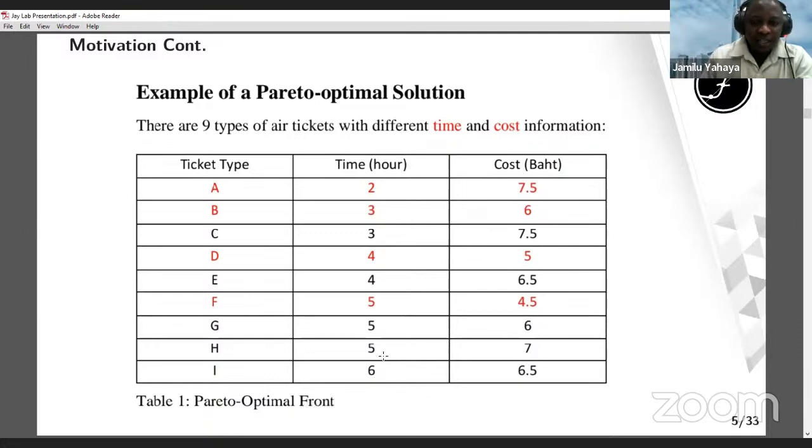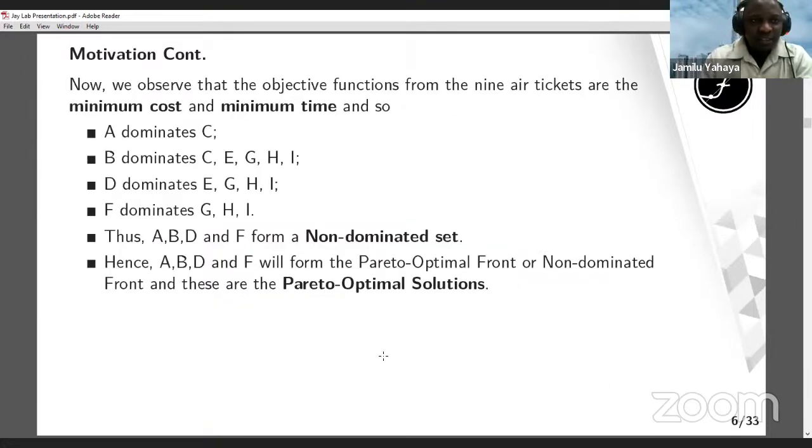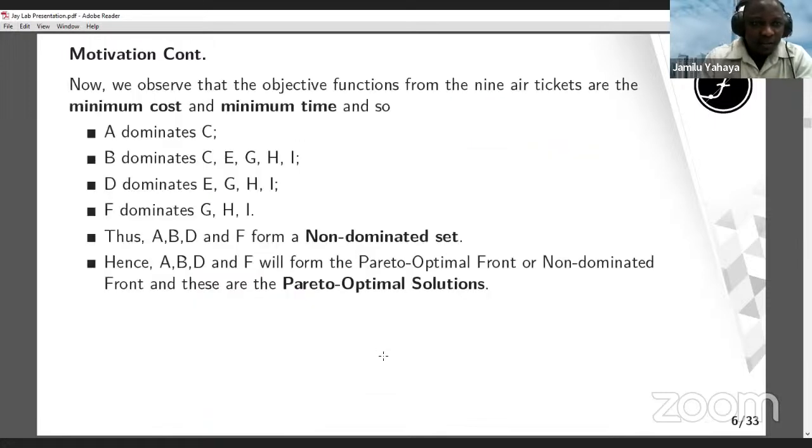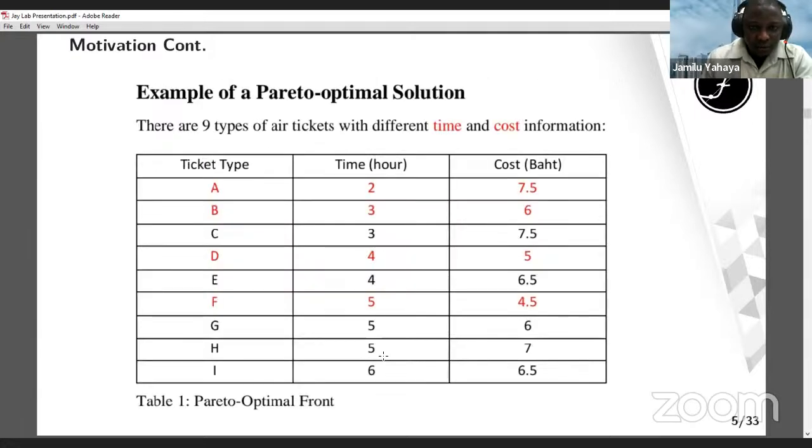you will notice that we can now say that in this case A dominates C, B dominates C, E, G, H, I in terms of what? In terms of cost, time at some instances. Also, if you look at D, you will notice that D dominates E, G, H, I. If you look at it in terms of what? In terms of cost, sorry, in terms of time, because the time taken for D is the same thing as that of E,